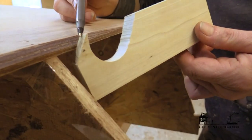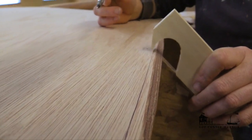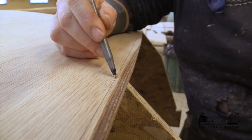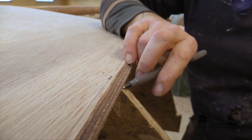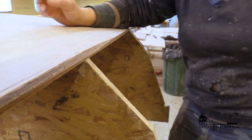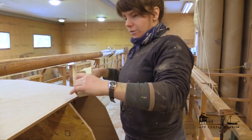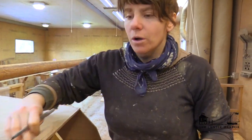This little edge right here is in line with this one. So what I can do is put it on my mold, bring it down, and make a little mark. And ideally, that mark is where I'm going to bring my bevel to. It should connect this point here and this point here in plane with this face. So I've done that at each station and then sprung a batten between all of them. Tacked a nail in there and just ran that batten, trusty batten, to get the line